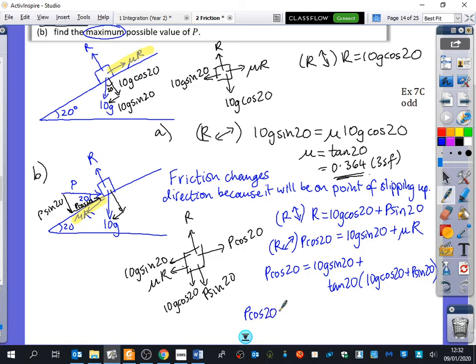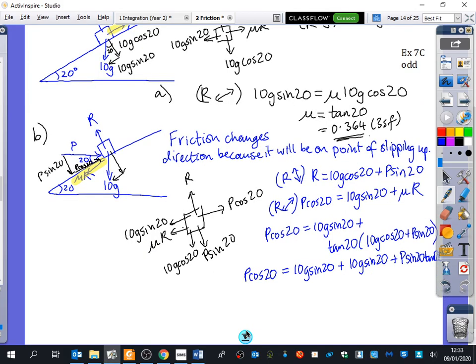You just have to find out what P is. So let's just finish this off. What's tan 20 times cos 20? So you get 10G sine 20, and then here you've got P sine 20 tan 20. Move it over and factorise. So you get P, let's try and save a bit of time, cos 20 minus sine 20 tan 20